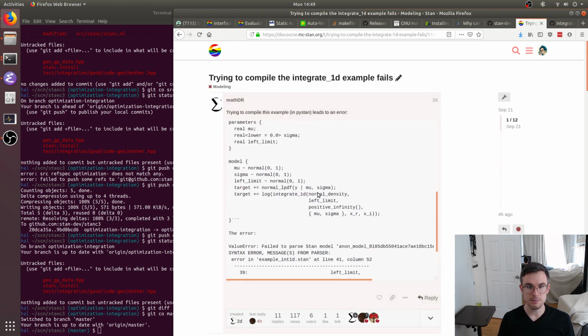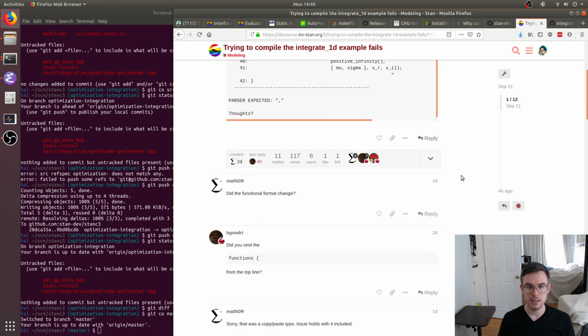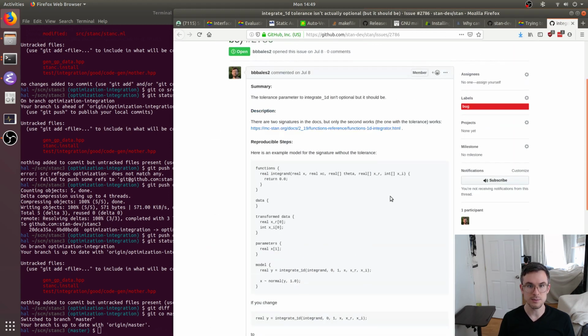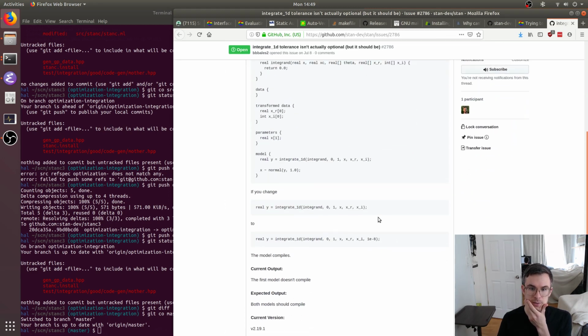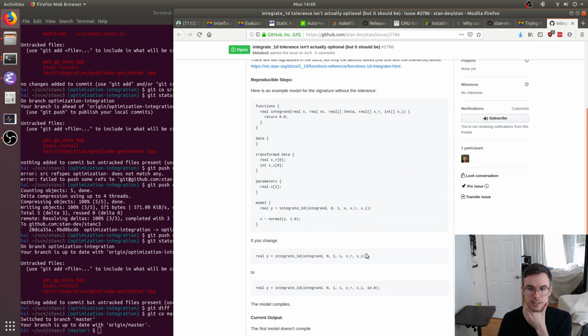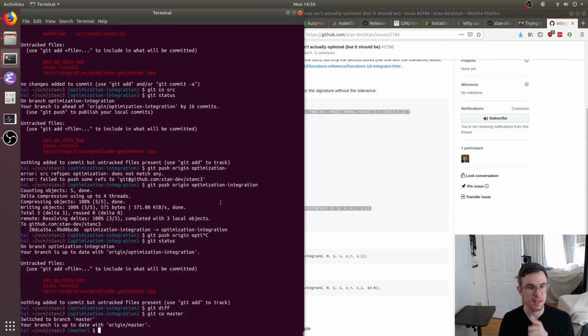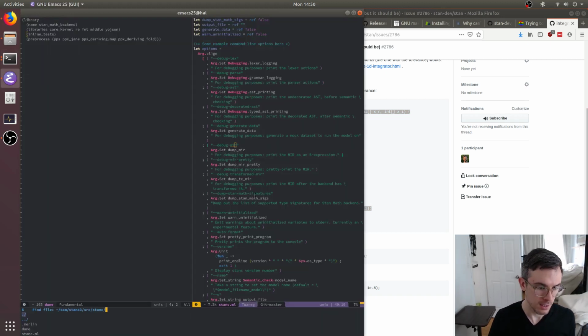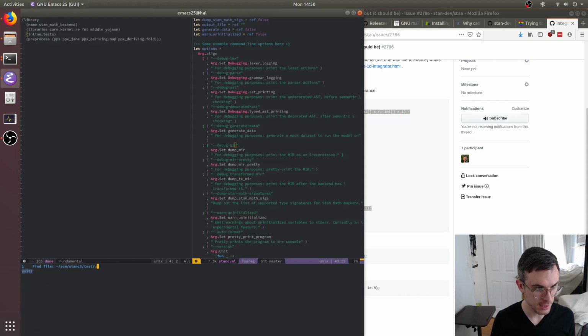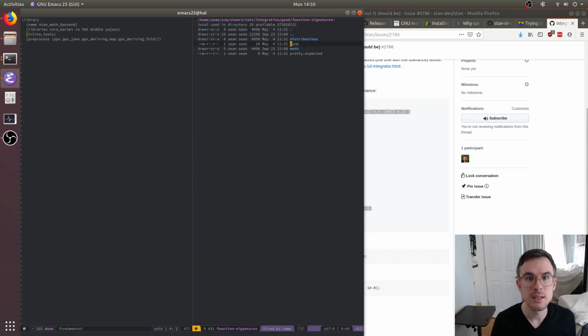And there's a little model, and actually there's a bug associated with it, which is that it needs an optional tolerance. So here's an example model, and we need both of these forms to work. So I'm going to copy this example model and add it to a test file first. So that'll go in tests, integration, good, and now I guess function signatures,